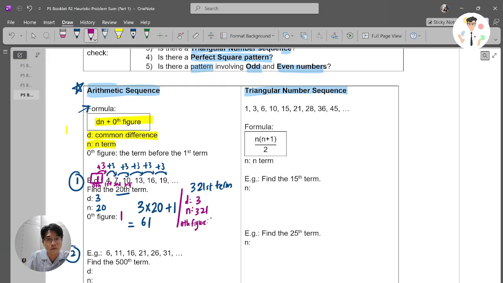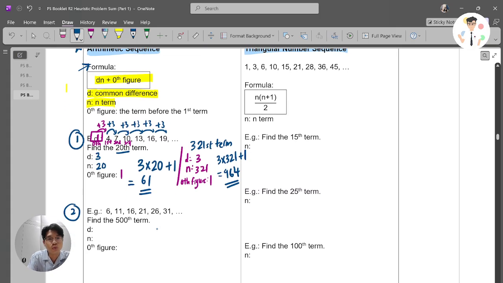And again, you will follow this formula. This formula tells you what? D times n, which is 3 times 321, plus 1. dn plus zero figure, which is 1. So in this case, it will be 3 times 3 is 9, 3 times 2 is 6, 3 times 1 is 3, so 963, plus 1, 964. So in the 321st term, the number that you'll be seeing is 964. Okay, so I hope you get an idea of arithmetic sequence. Now let's move on and look at